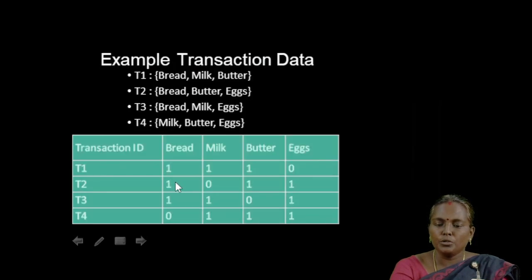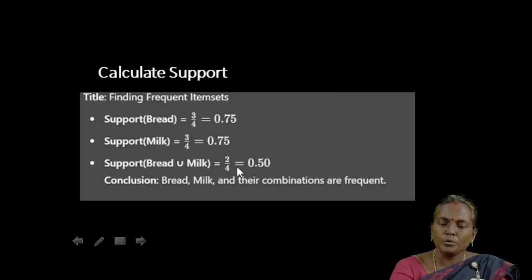So again I have to go to my table. I have to find in how many transactions the bread and milk combination has taken place. Here transaction T1 has bread with milk. Transaction T3 has bread with milk. But transactions T2 and T4 don't have one of the items. So the support count for bread with milk will be equal to 2 by 4, which will be equal to